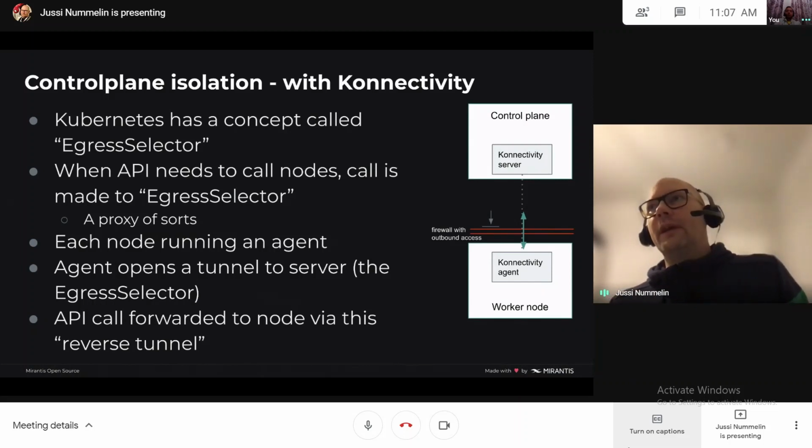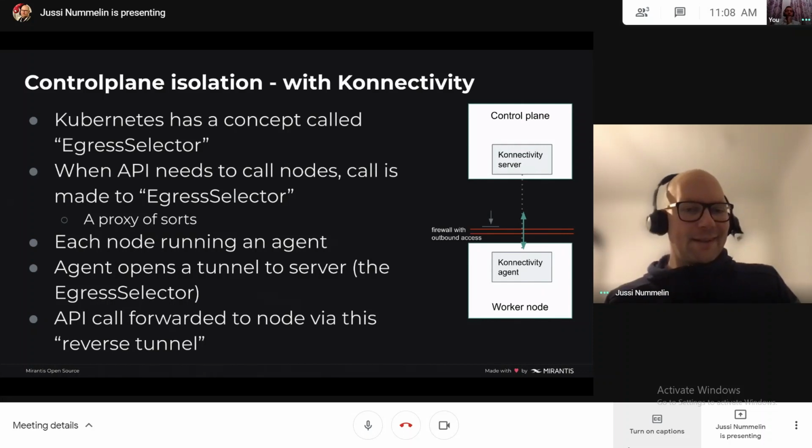I know k0s does a similar thing, but they do it a bit differently technically, and as far as I know, this is one of the reasons why they've had to do a fork of Kubernetes to inject these sorts of functionalities. As far as I know, I might be wrong, which is not a new thing for me.